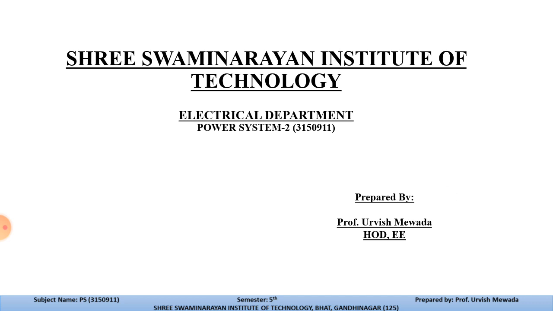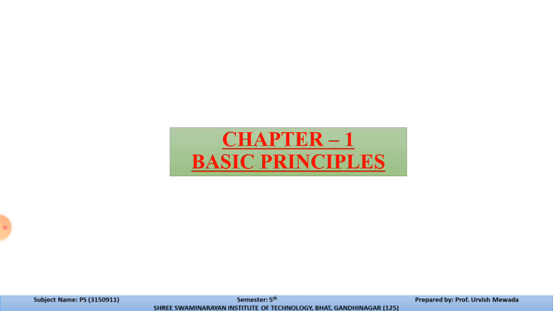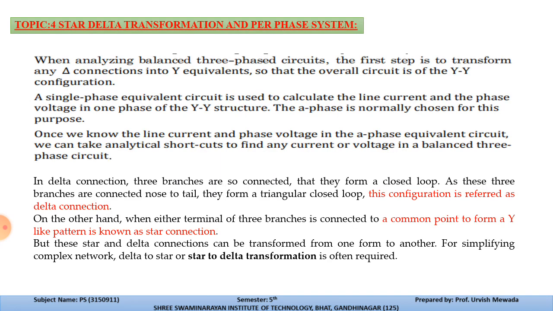Now this is our topic number 4 of chapter number 1 of basic principle of PS2: star delta transformation and per phase system. So whenever we analyze any three phase circuit, we need to convert any delta connected circuit, whether it is source or load, into the star connection, because it would be easy to calculate the line voltage as well as the phase voltage and line current as well as the phase current of the